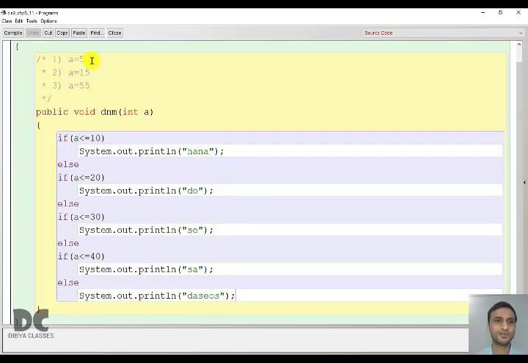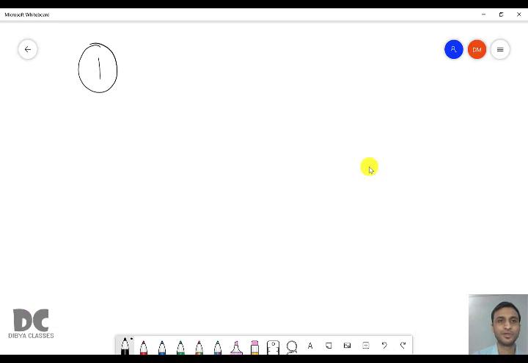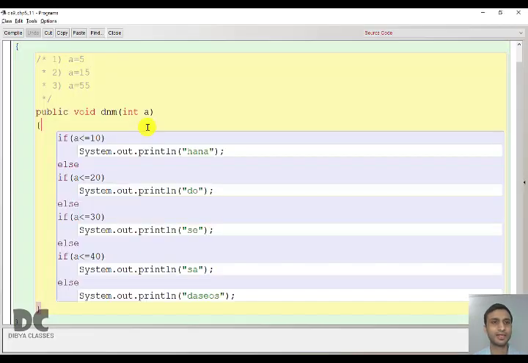So let us solve for the first one, that is A equal to 5. So we have A equal to 5. Now we are checking if 5 is less than equal to 10, true. True means it will go inside the true block and it will print Hana.